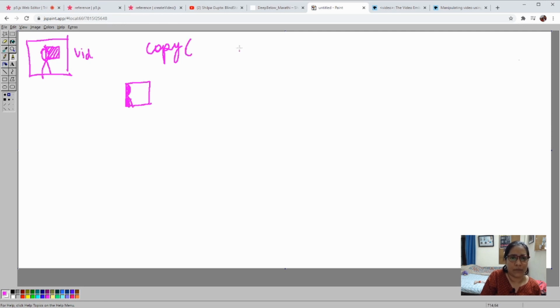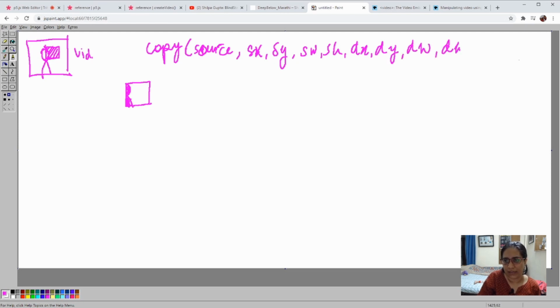So this is what copy is doing. It's taking a source, then you take the source x, source y, source width, source height, destination x where you want to place it, destination y, destination width, destination height. So that's what it's taking right now, right?